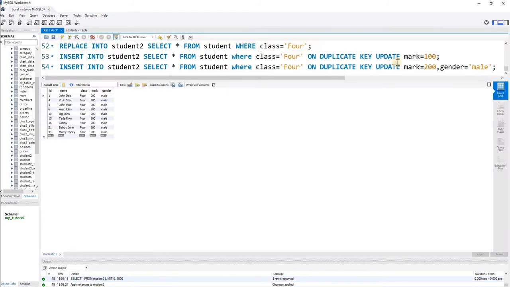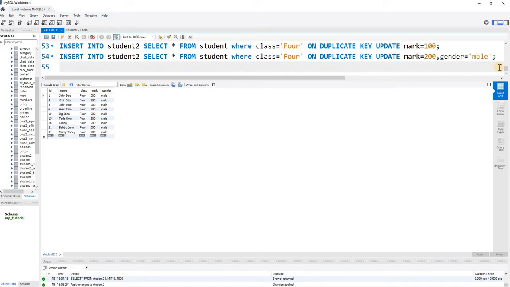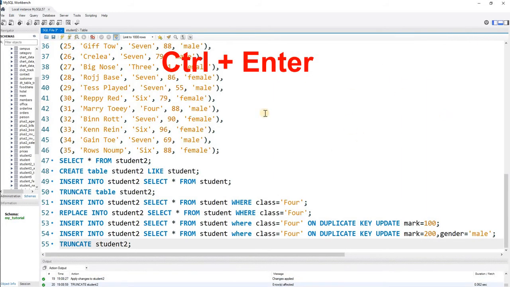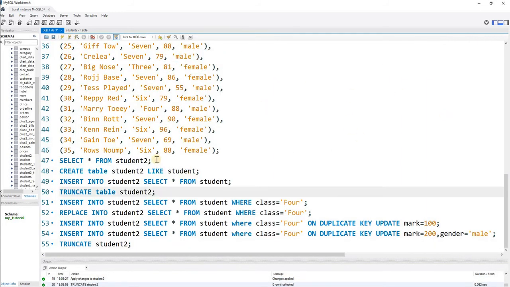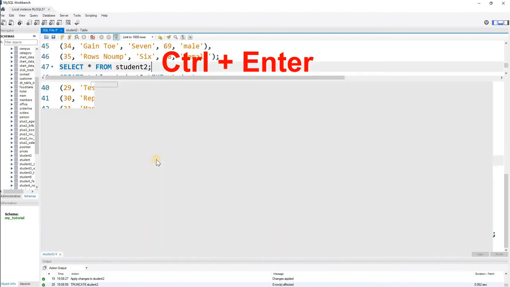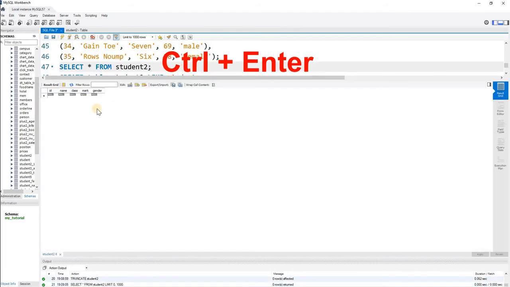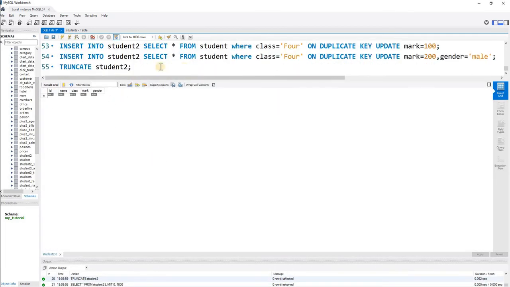Let's go back to our query here. Now for that let me just remove the data from my student 2 table. So I will say truncate student 2. Now all data I am removing. Fine. Now for our testing, here it is, we'll run once and see, okay, only the structure is there. Now my gender column I can fill it also.